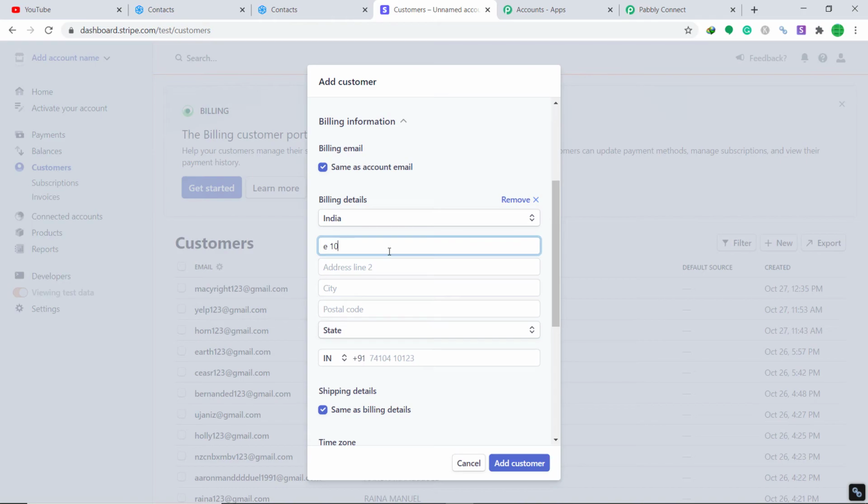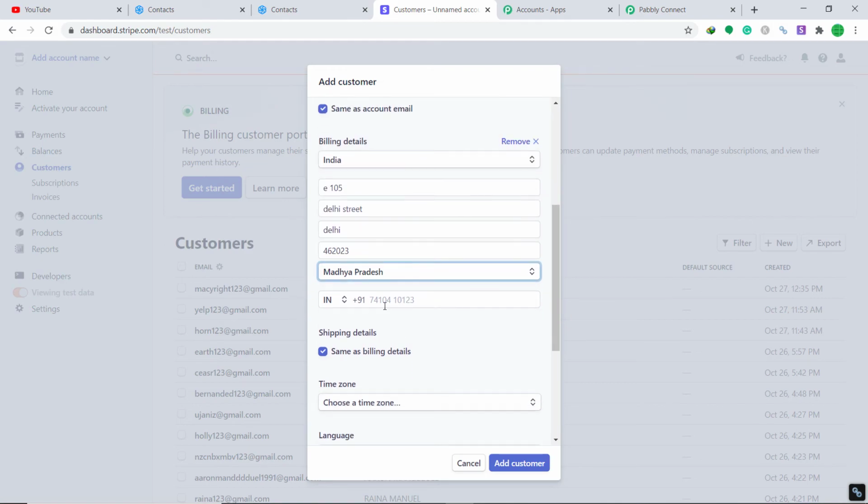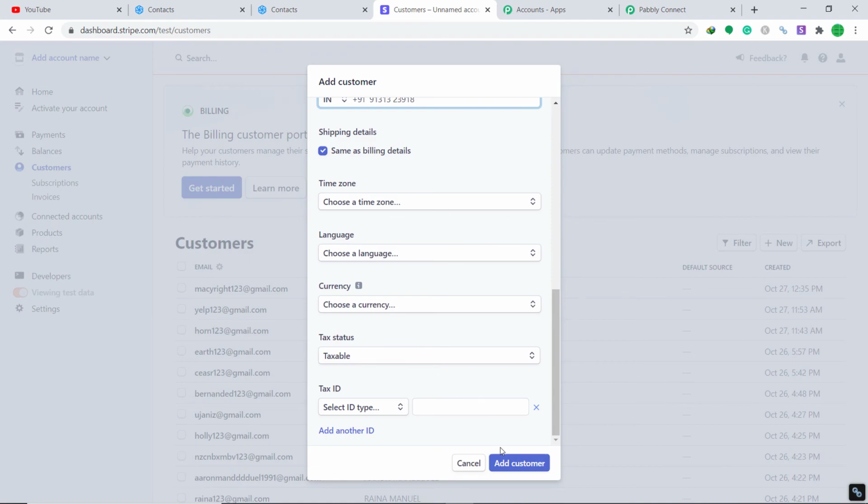Okay, something random we are going to mention. So Delhi Street, city is Delhi, postcode is 462023, state is Madhya Pradesh, 9131323918. Time zone, language, currency not really important. Then click on add customer.